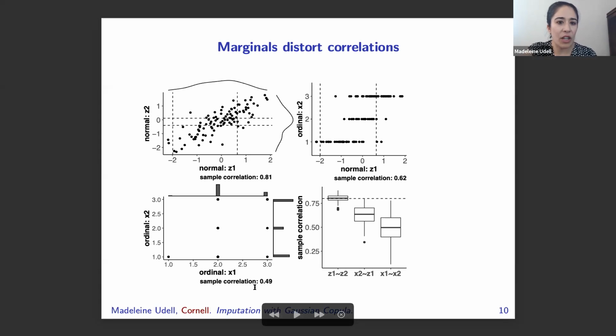In fact, I'm going to get that the correlation is lower. Okay, so you might ask, if I have discrete data presented to me, and I want to know the correlations between 2 features, does it make sense to do it in this space, or does it make more sense to try to figure out what the original data used to be, what this real Gaussian data is, and to compute correlations here? Now, I would argue that correlations are fundamentally a Gaussian thing, and so it doesn't make so much sense to compute correlations on discrete data.